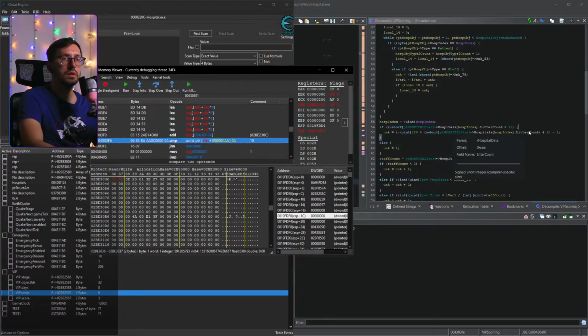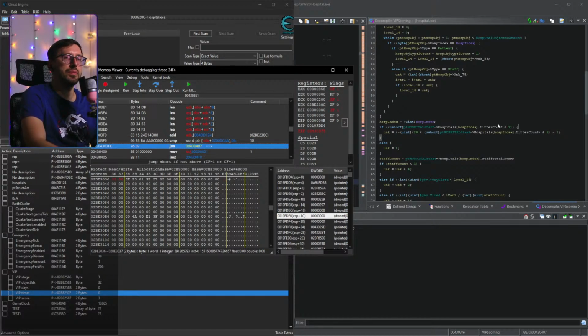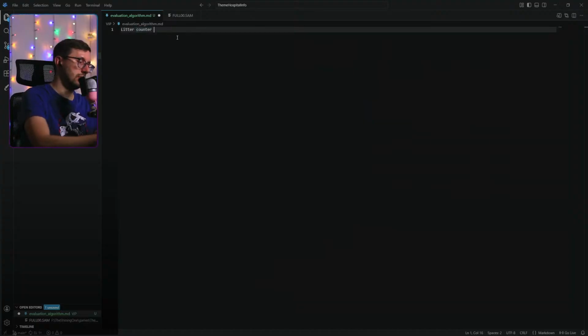We got a signed short, short integer, yeah. So we got compare to 10. If liter counter less than 11,